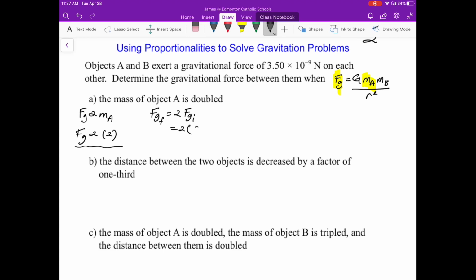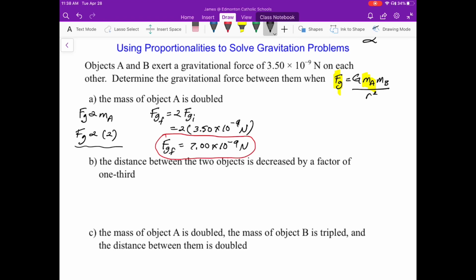So initial gravitational force, 3.50 times 10 to the negative 9 newtons. Doubling one of the masses will double that force to 7.00 times 10 to the negative 9 newtons. Okay,